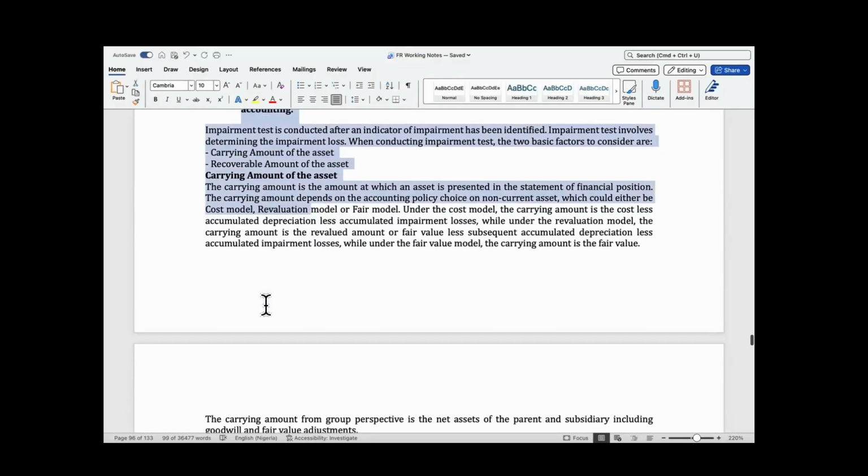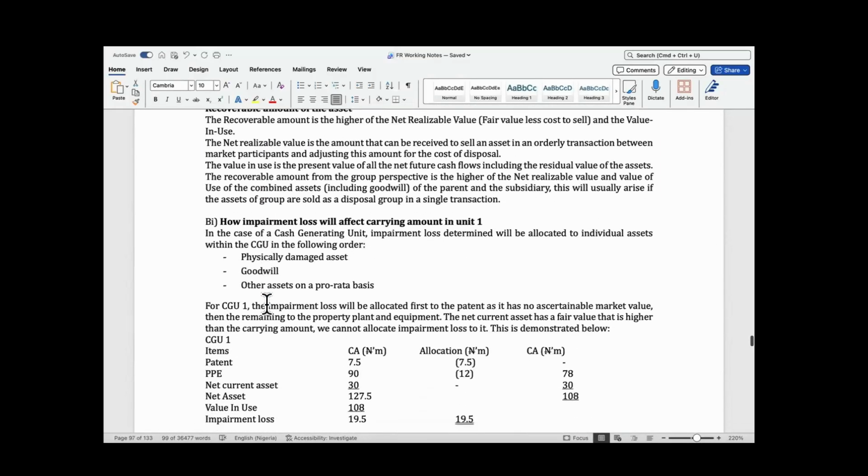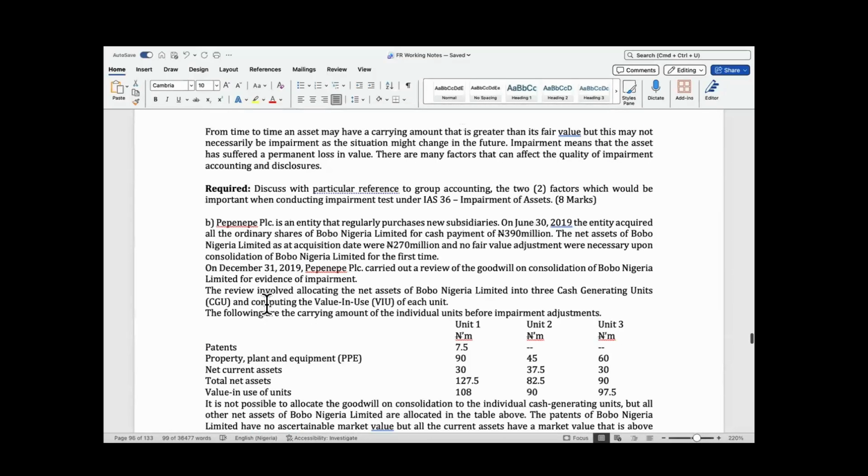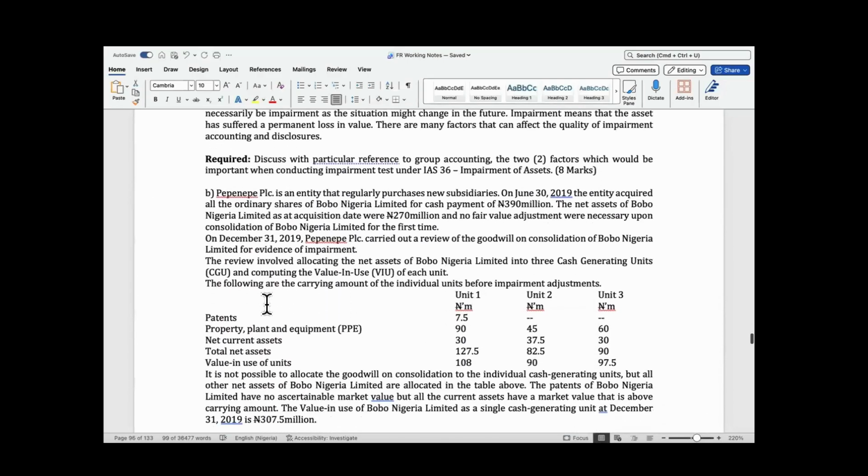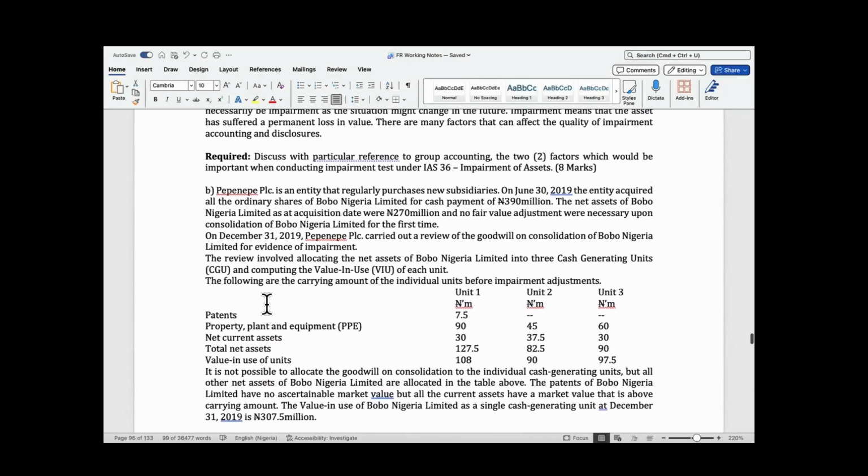I have the solution here for you. You can read it up. The B parts. It says